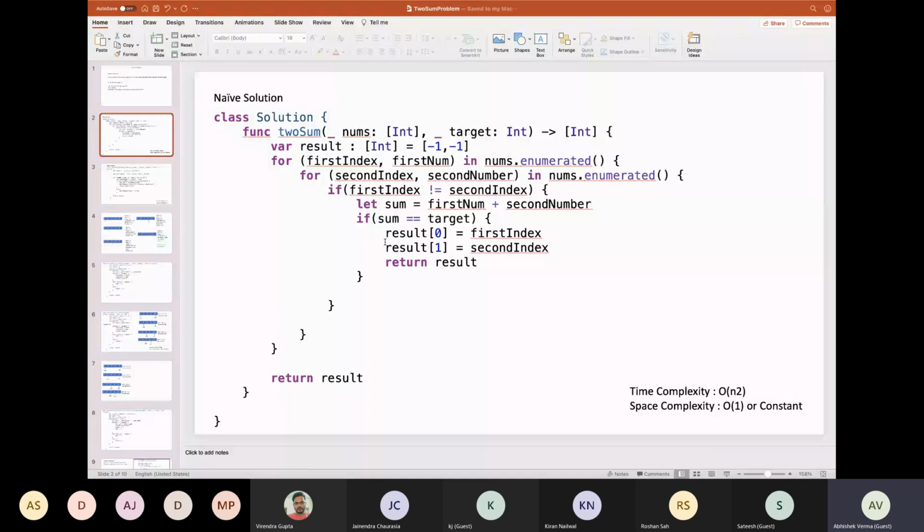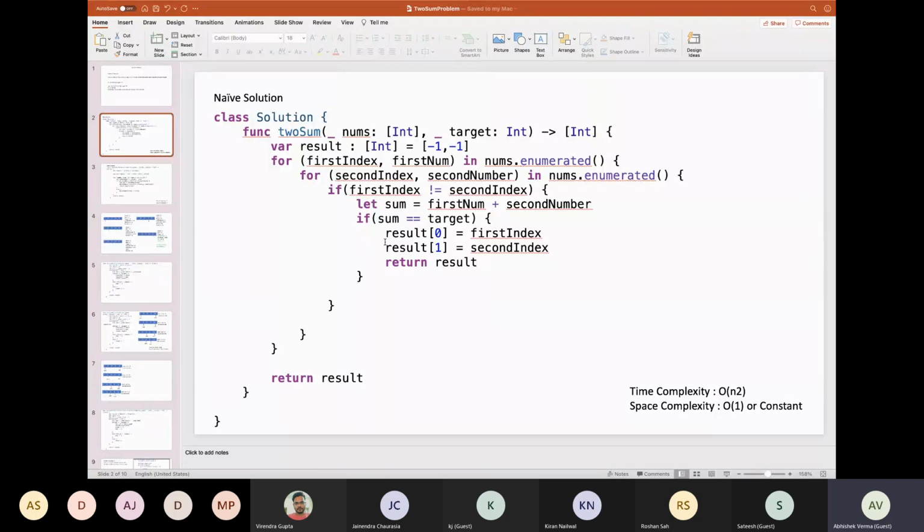Generally, my strategy when I give any interview, even if I know a better solution, is to start with a basic solution and quickly jump to the better one, not spending much time. But yes, give at least the basic solution and discuss its time complexity and space complexity. In this case, there are two for loops and each iterates from start to end, so the time complexity will be O of n square and the space complexity will be constant, O of 1.